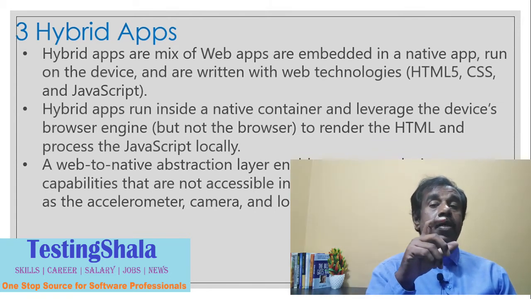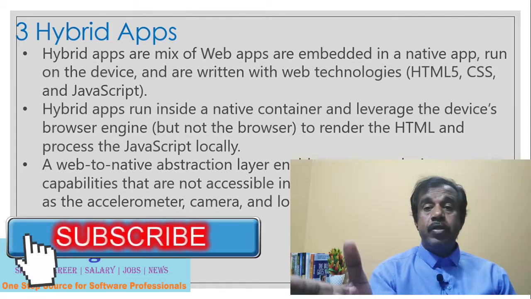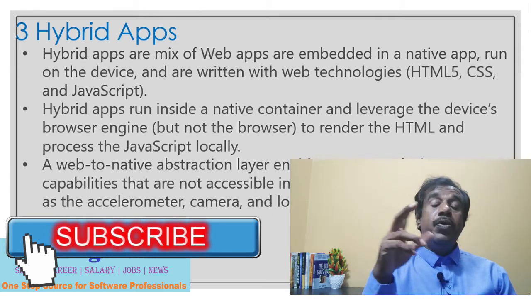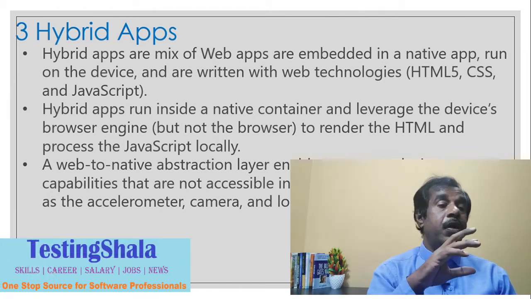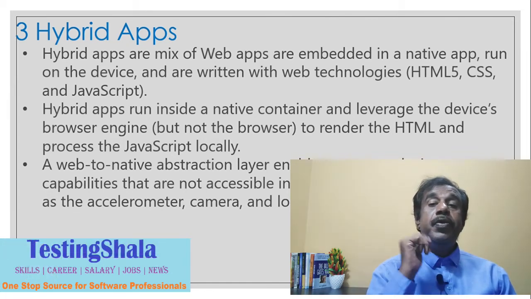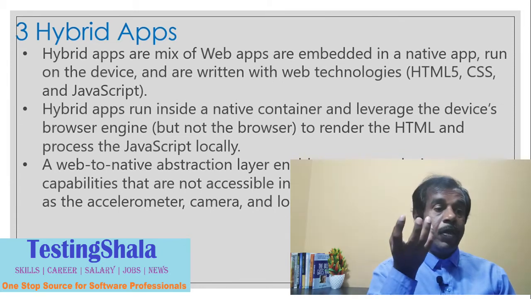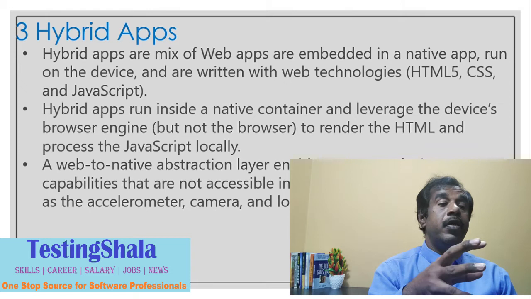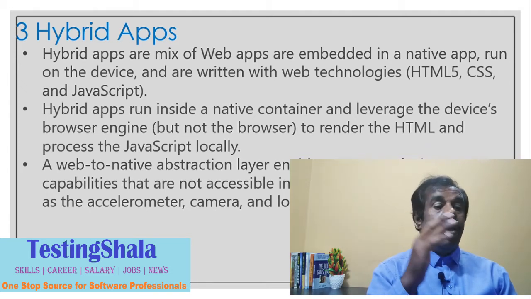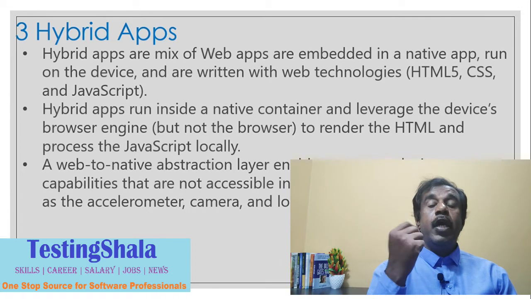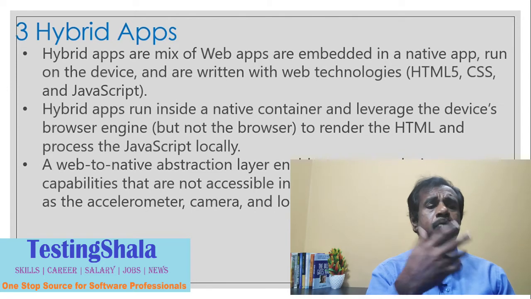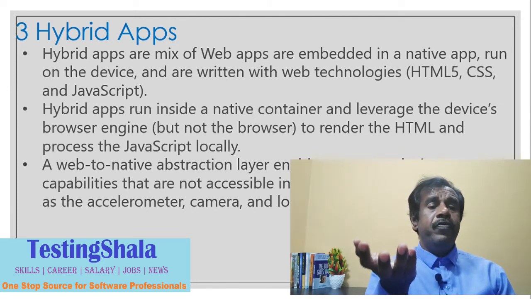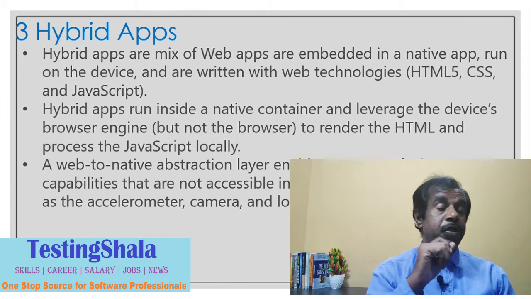Basically in the hybrid app, what they have done is, earlier with just web apps, you could not access the devices. We were only able to access devices using native apps. Now because of this hybrid combination, the web to native abstraction layer enables device capabilities that were not accessible earlier using web apps. Now we are able to access your camera phone, your local storage, your accelerometer. I can talk about any hardware features in that perspective. You can easily access them using this